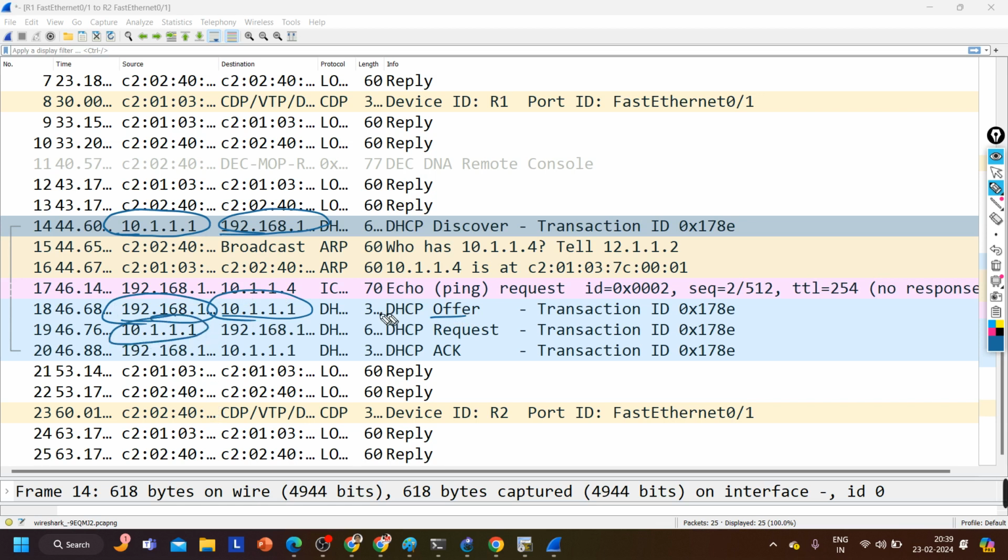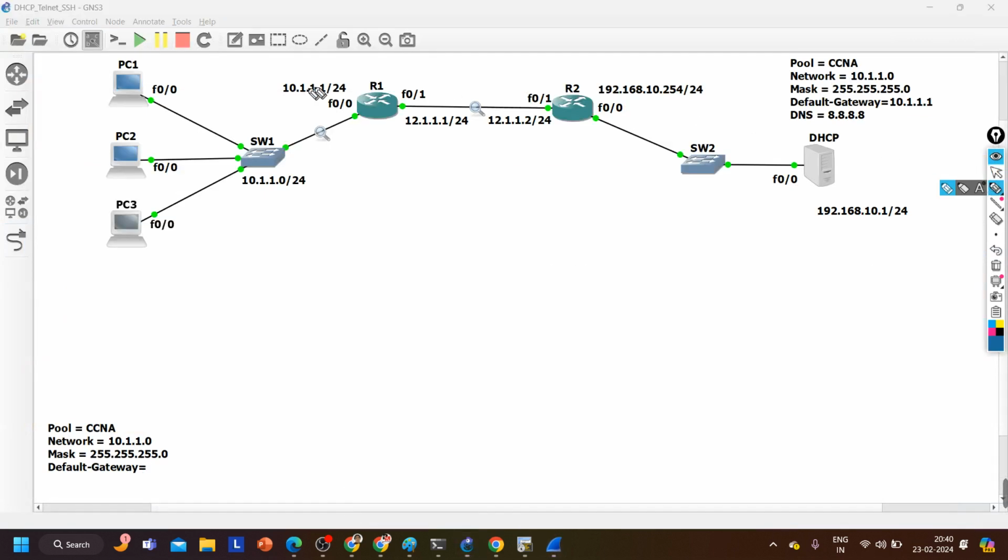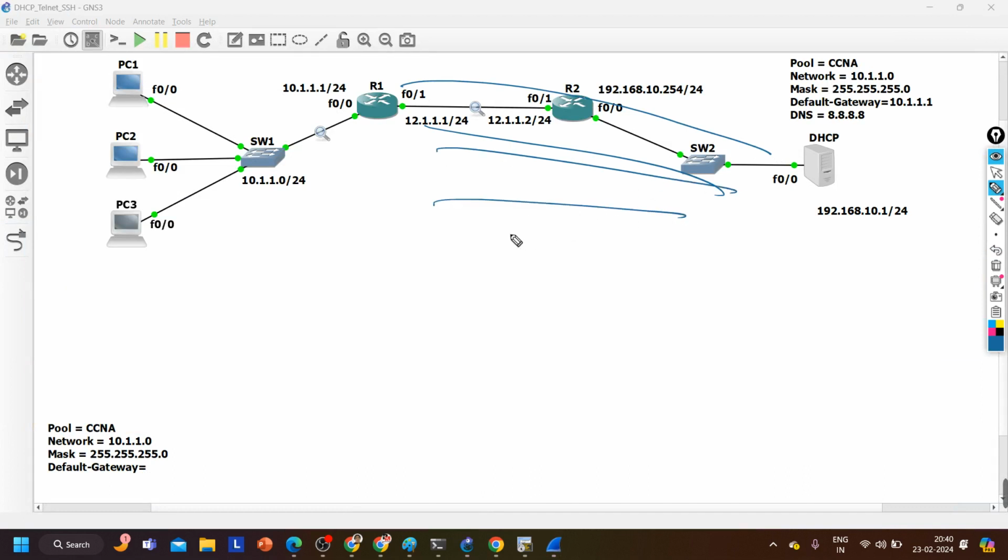Then the router is sending what? Request message. Then the DHCP server is sending what? Reply message. So between your helper and the DHCP server, all communications are unicast. For packets, unicast. Between client and router, all messages are